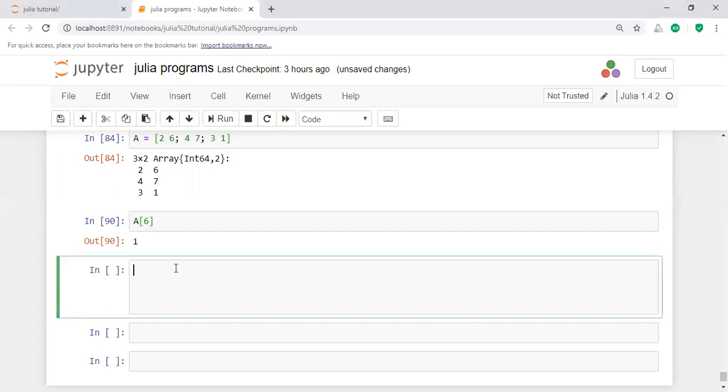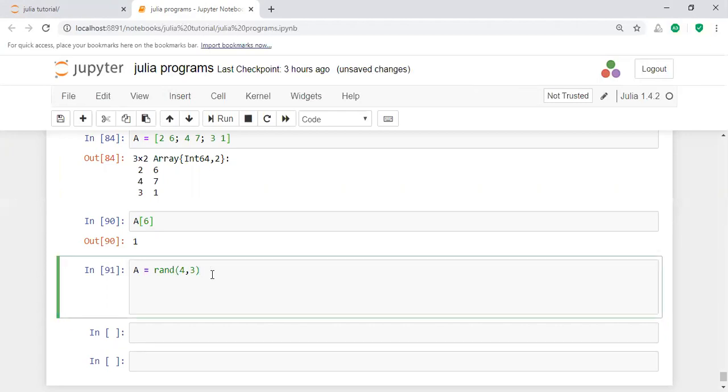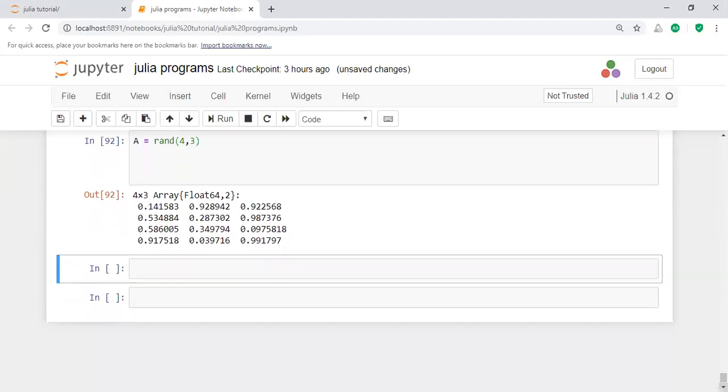For example, we have data like this. Random variables. Random, that means a 3 by 3 matrix. A is a 3 by 3 matrix, and then there is another one, B. What is the B value here?